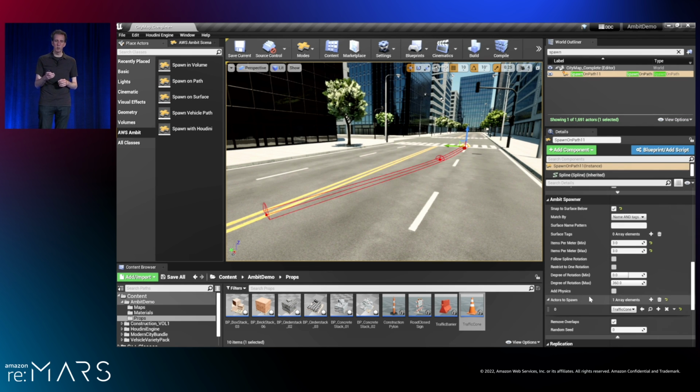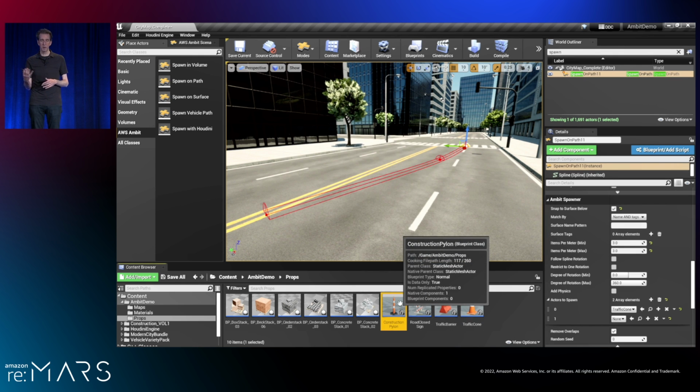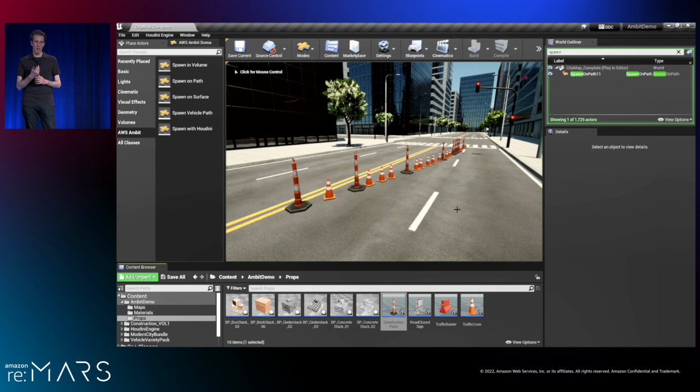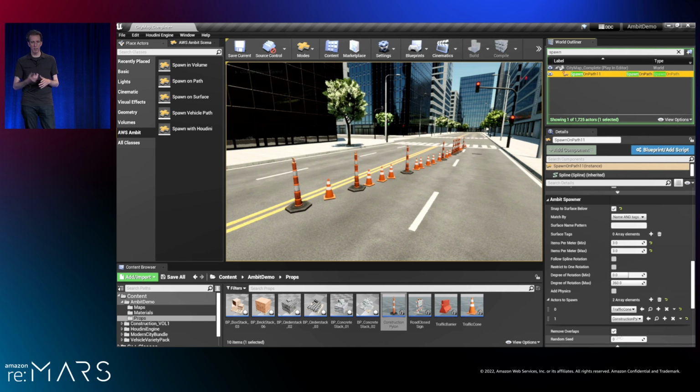So let's make it a little more interesting by adding not just a single type of traffic cone, but multiple types. So I just add an additional slot for the types of things that should get created, and I drag in a new element, and now you see it provides me with a variety to the elements that get created. And again, the random seed tool will let me play with different variations.